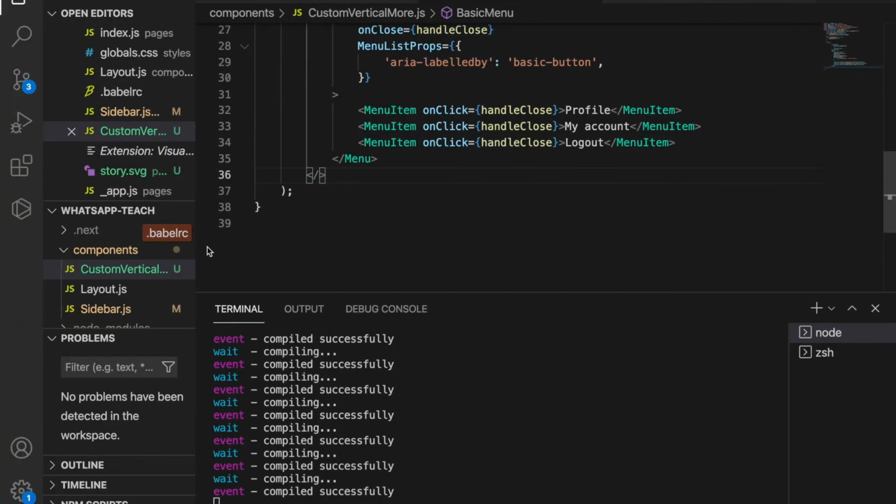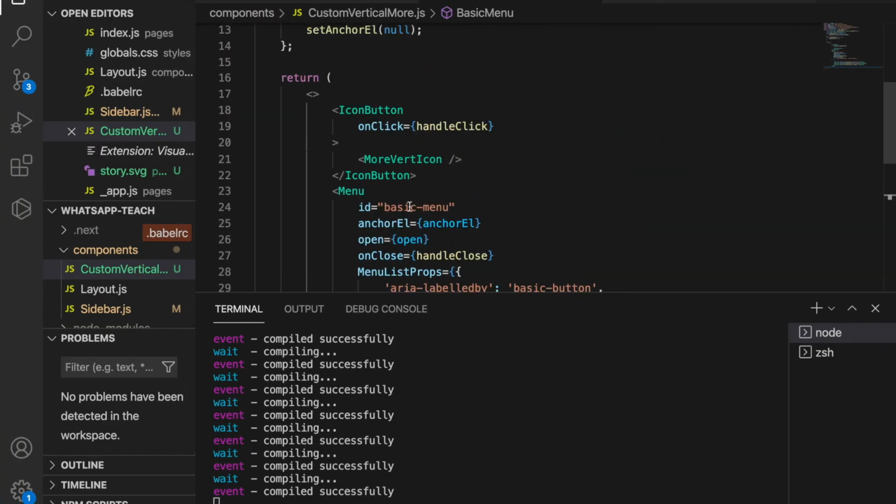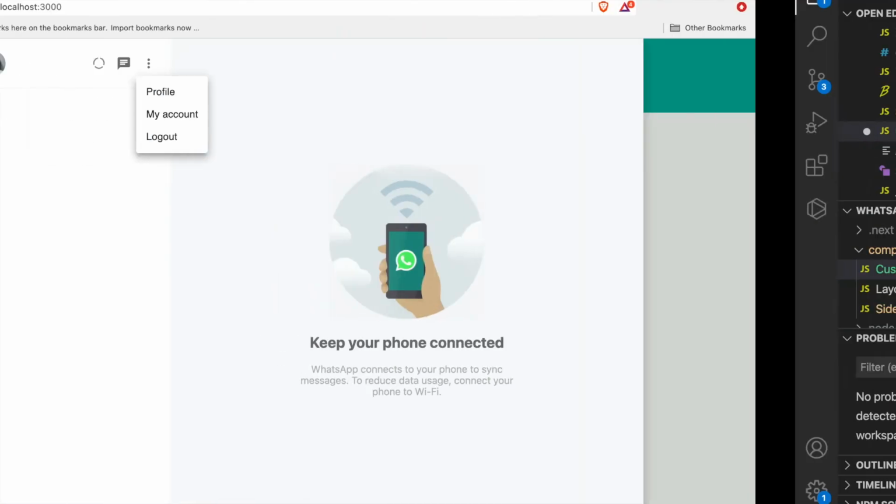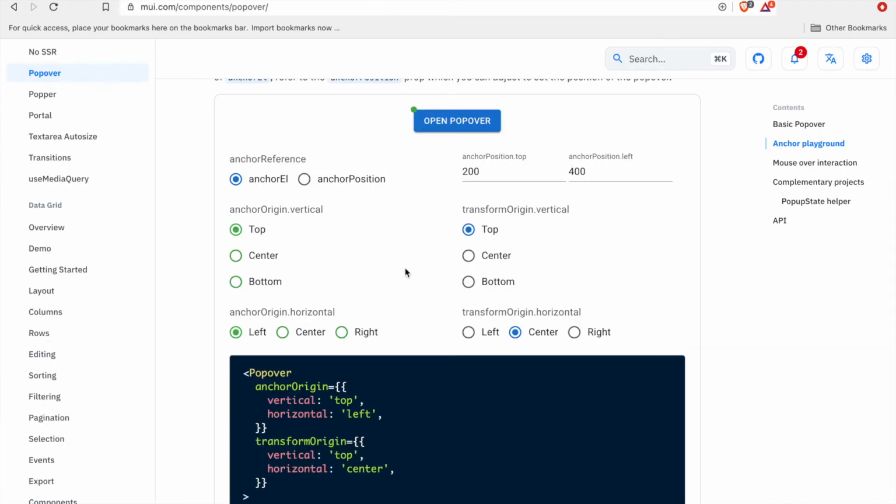So now we go back to our custom vertical, and here, you can set the options. And if you look at the pop-up playground, you can see we also have this testing playground. And now we can copy this. Because we want to start from the bottom right of the icon, and the menu we want to start from the top right, so we paste it to here, we click here. Now this should be the same direction